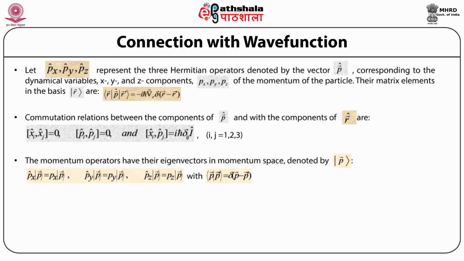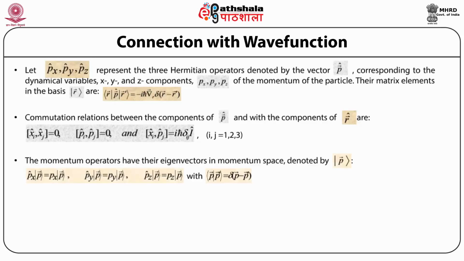Next, we come on to the commutation relation between the components of the momentum vector p and the components of the position vector r. Let us see what the commutation relations for these are. The commutation relation of operators xi and xj is equal to 0, and the commutation relation of the operators pi and pj also comes out to be 0, while the commutation relation of the operator xi with the operator pj